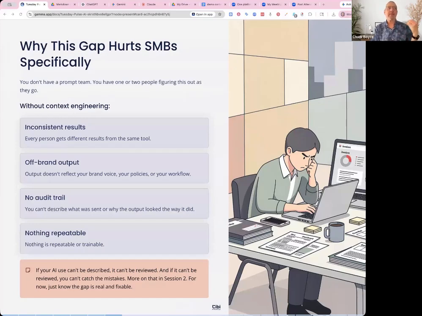If you give them inconsistent results, every person can have the same tool in the same company. You have Sarah in accounting and you have Sam in operations, and you ask them about client XYZ. They're going to approach it with a different understanding of that customer.